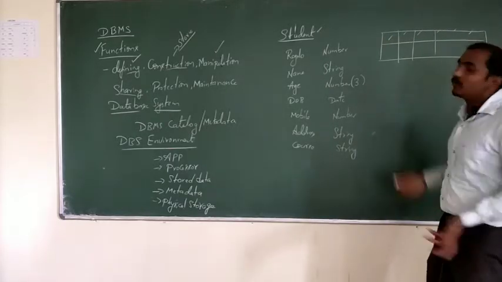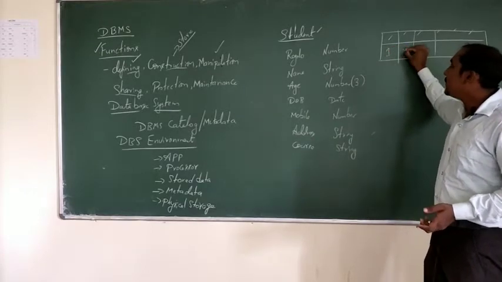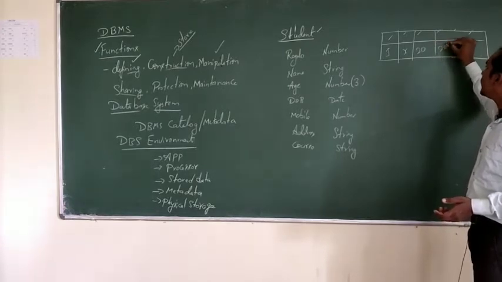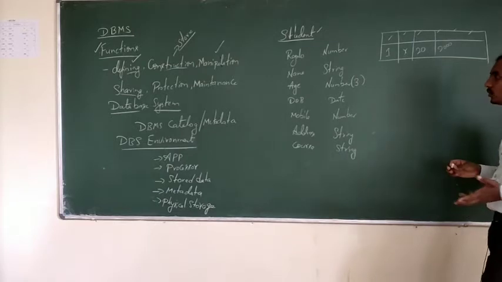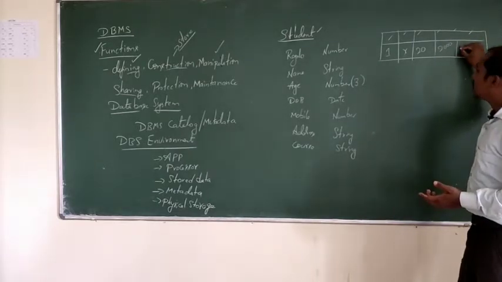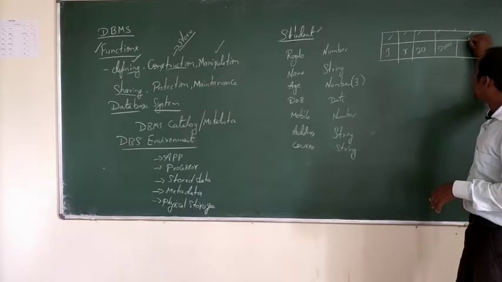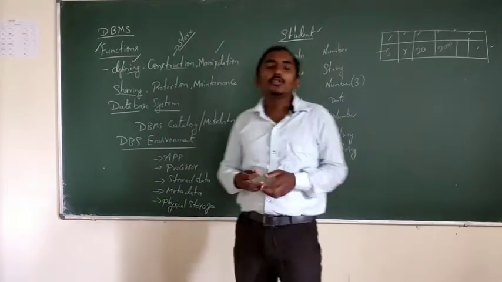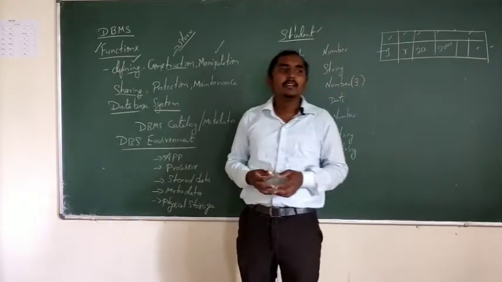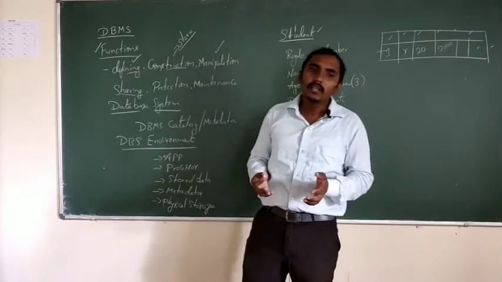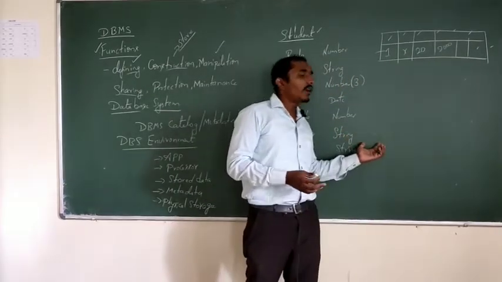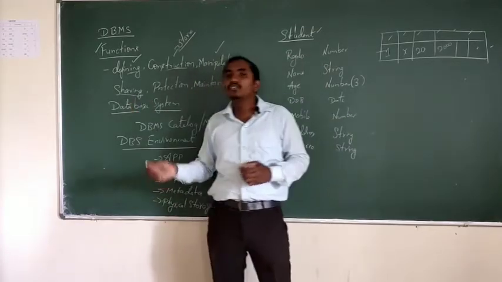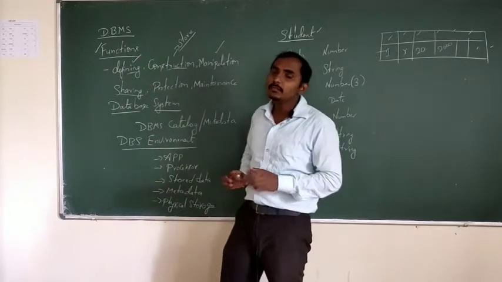I am going to give some values for that. Say for example, register number is 1, name is X, age is some 20, date of birth, I'll just write only the year, say 2000, he was born in 2000. After date of birth I'll give a number, some mobile number, followed by address and course. Now these values should be shared to other programming languages, or should be able to be used in other ways, or if it is stored in one system, I can send those values to another system through a network. That is nothing but sharing, which will be allowed by the database management system software.